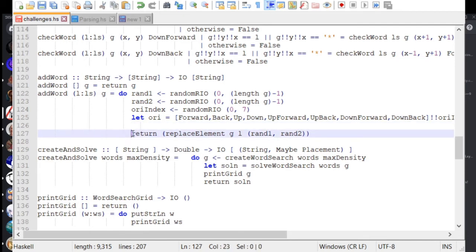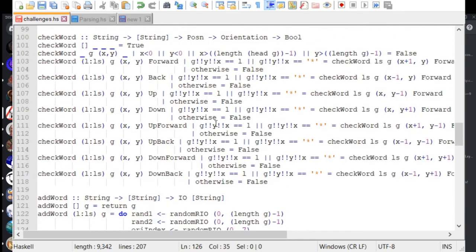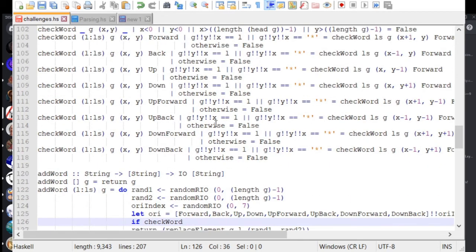No, it didn't. Oh, I knew it wouldn't work. Yeah, it complains if you use tabs for some reason, so I have to replace them every time. So we can have if something. Oh wait, no, I see. If check word, and we pass that